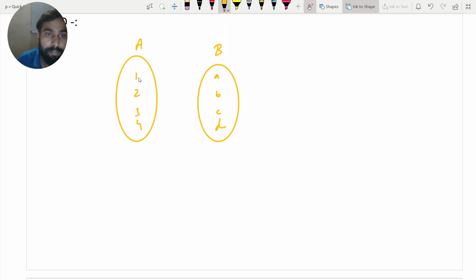Like we have image of 1 on A, similarly 2 on B, 3 on D, and 4 also on D. But here this element is left.